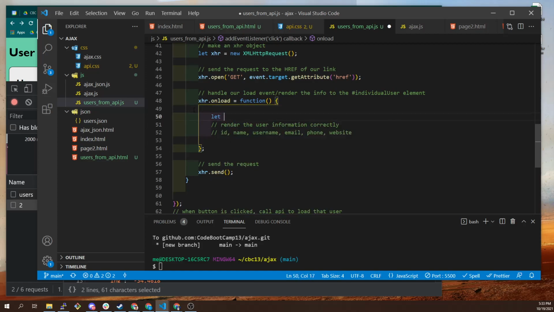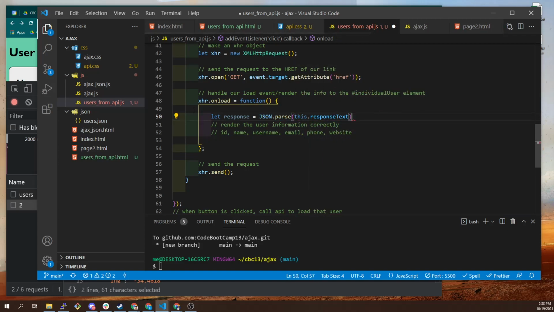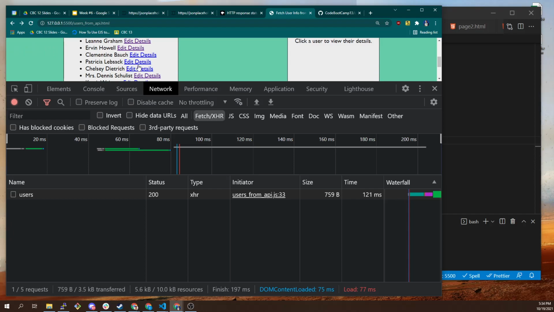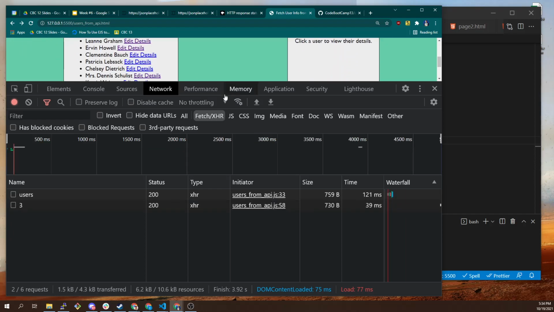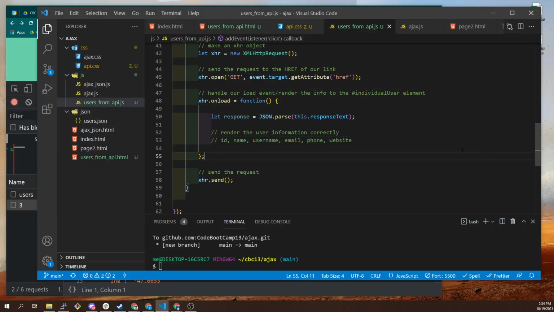What I want to do is I'm going to go let response equals JSON.parse this.responseText. Okay. And then response is a single object, right? So instead of it being an array where we have to loop through things, let's click on this guy. Right? It's just an object. So response now doesn't need any looping. So what we need to do is we just want to write our code. So we'll say let outputList equals, and we'll maybe start with